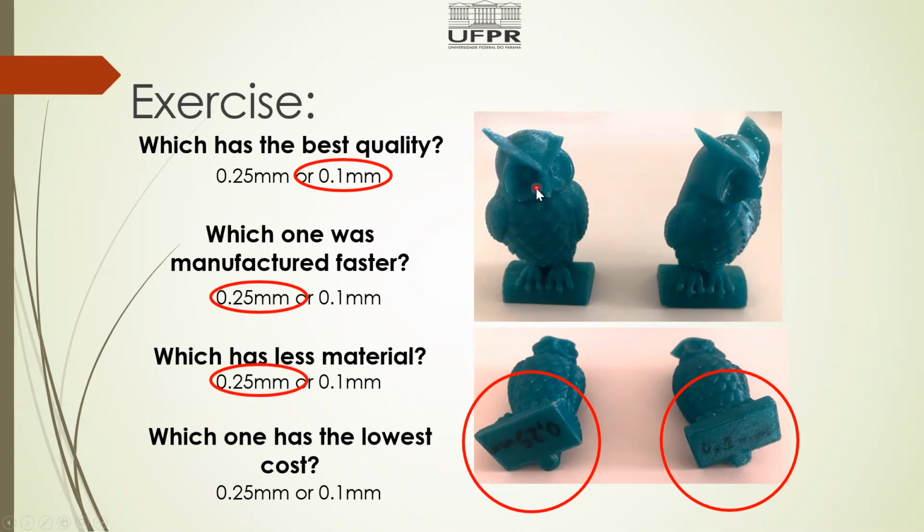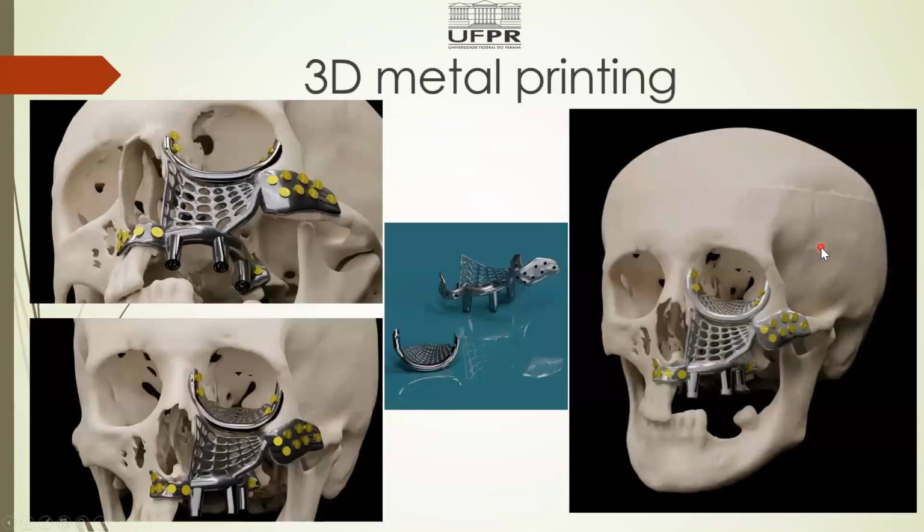And this one has less material, and the lowest cost is this case. Okay, because, for example, it took 3 hours in this case, 7 hours to produce this part, this product. Okay, and